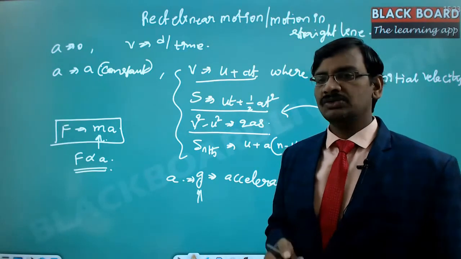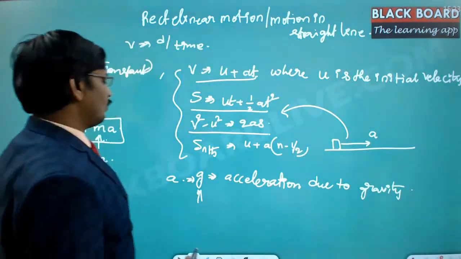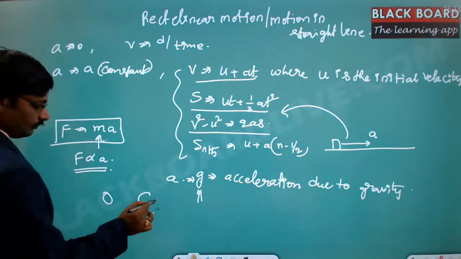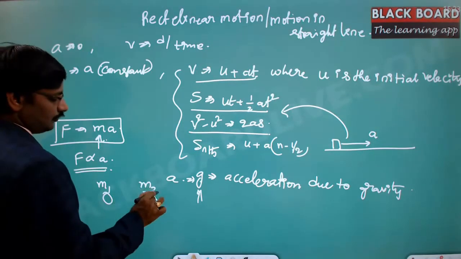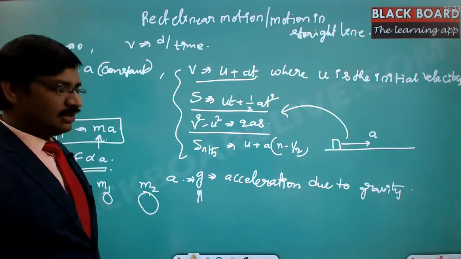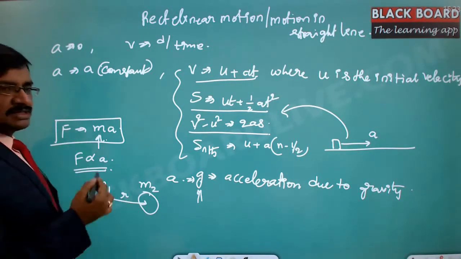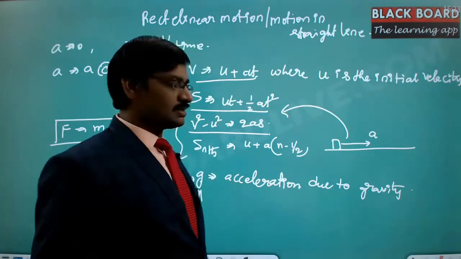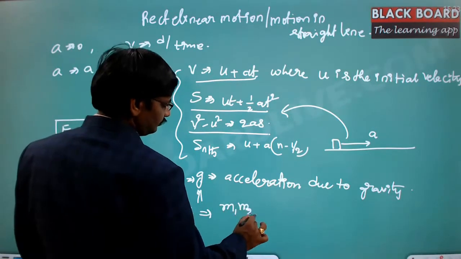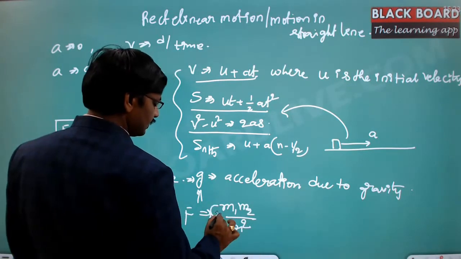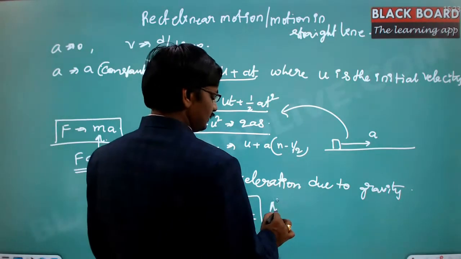Now here, Newton's law of gravity says that whenever there are two different blocks of mass, here there are two masses, M1 and M2. When there are two masses separated by a distance of r, obviously there exists a force between those two blocks, and that force is given by M1 M2 by r square times some constant G. This is what we call Newton's law of gravity.